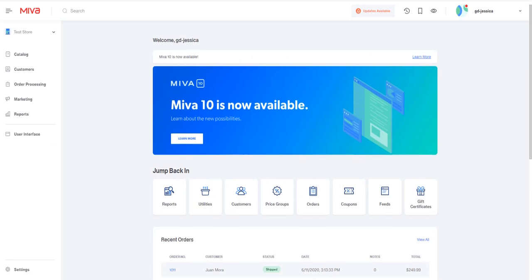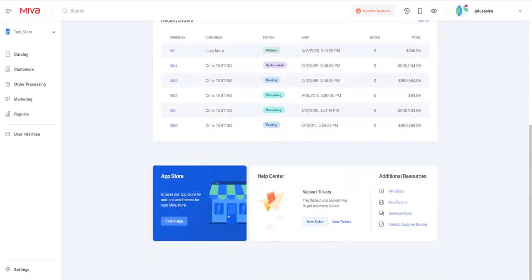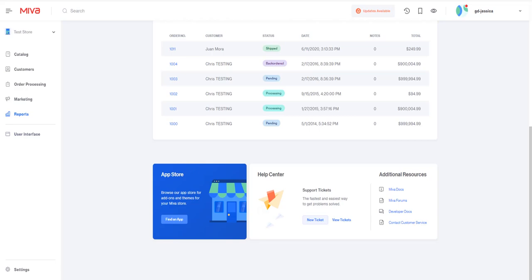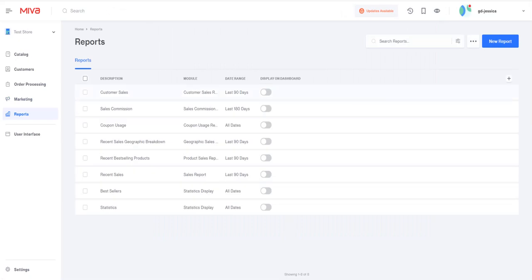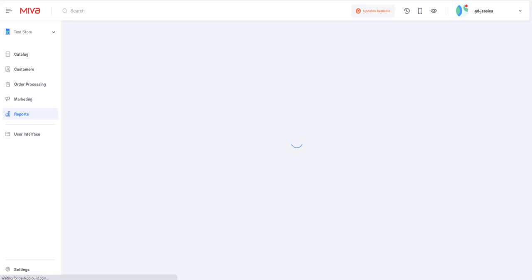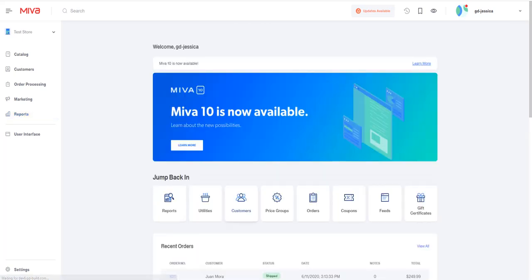Miva 10 has 3 new options for your report center. As in Miva 9, you can toggle your reports on and off to dictate what shows on your homepage. Here you can see we don't have any reports active at all. After going into Reports and turning a few on with the toggle switch, they now show on the home screen